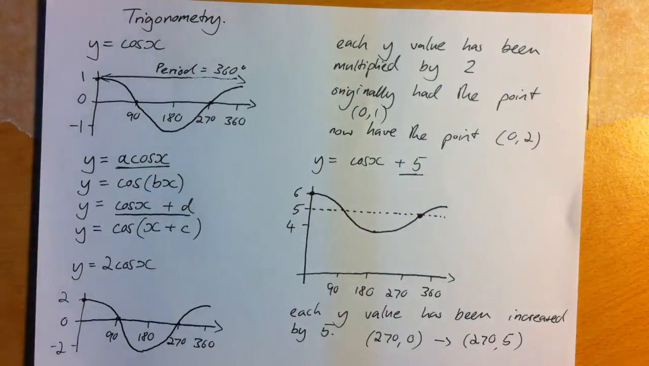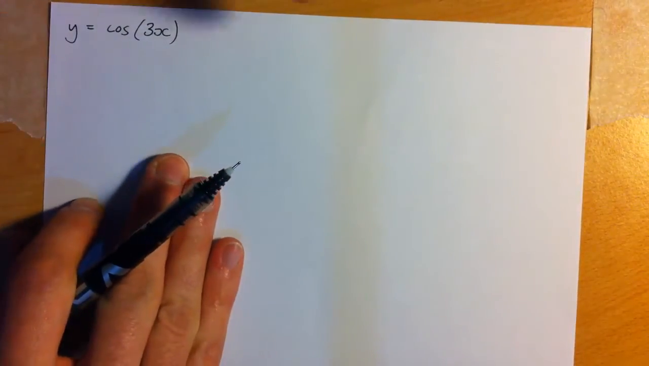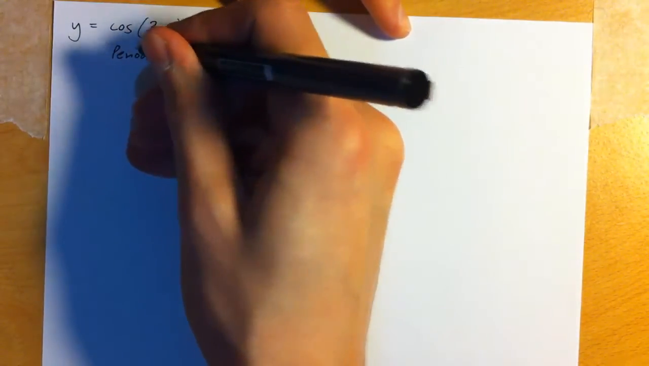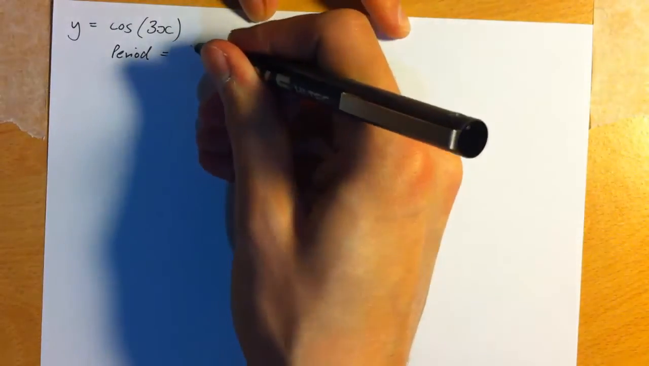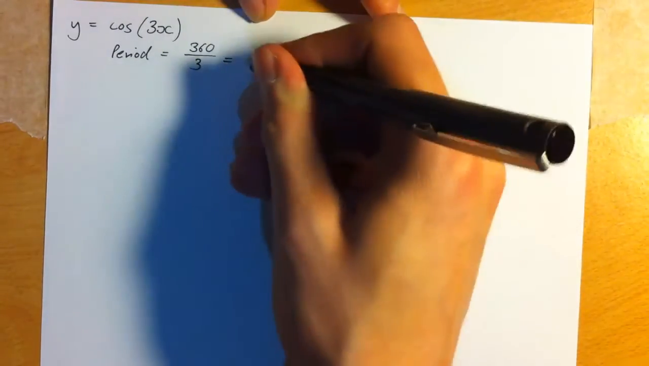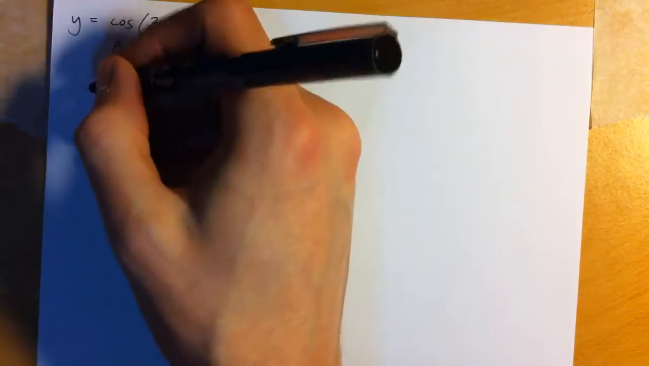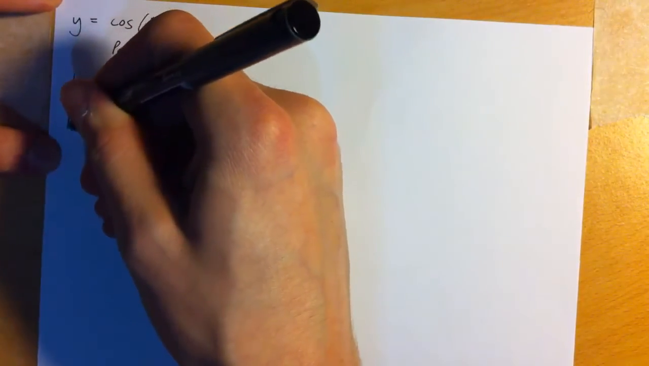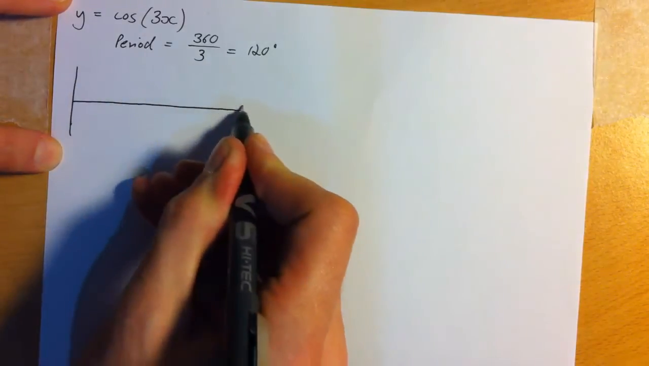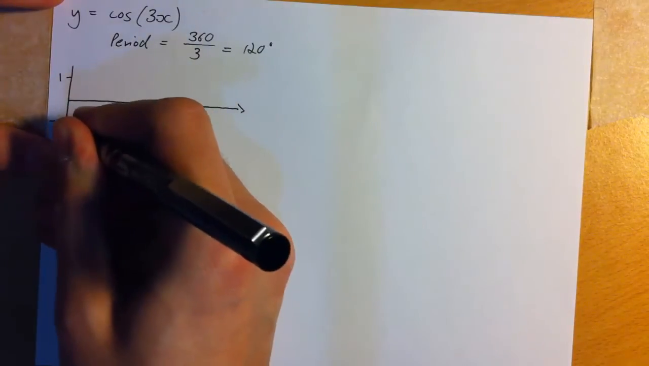So what happens when we put a 3 or any other number inside those brackets is the period becomes divided by that number. So the period in this case will be divided by 3, so the new period is 120 degrees. So if we have a look at this graph, the y values are unaffected, still goes from 1 to -1,